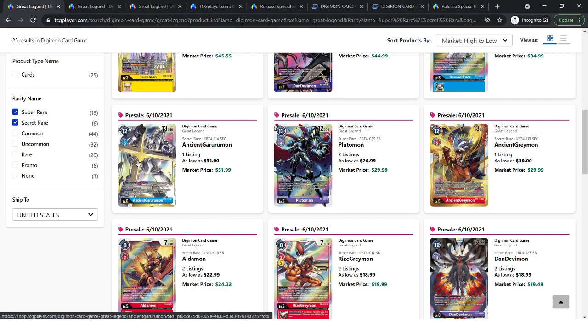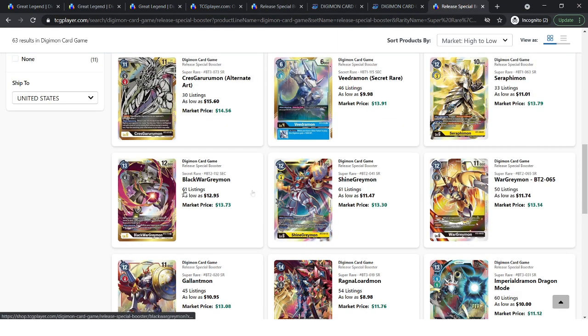In terms of the other Ancients, again, we have the base arts for Ancient Garurumon and Ancient Greymon, and I definitely don't think these are $30. They could be on the highest end $30, but reasonably when everything is said and done and there's just a whole bunch more cards in the market, I don't think these are going to be $30. This definitely seems more like a $15 to $25 card, because again, the closest example that we have is like